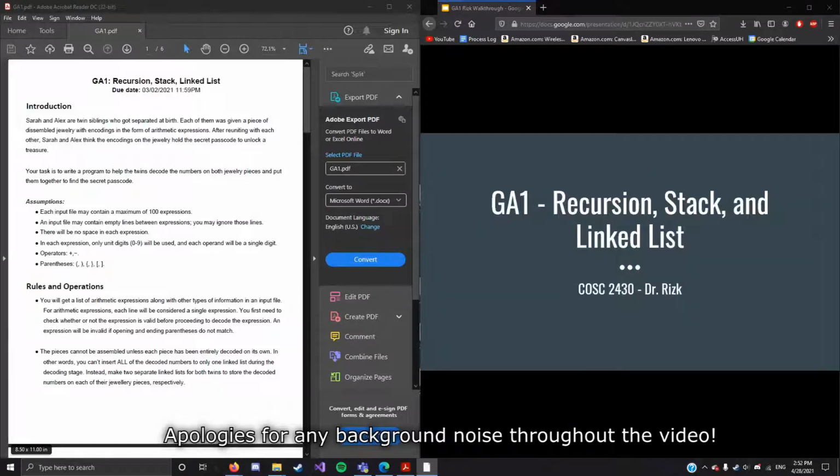So in this video, we are going to go over group assignment 1 that details recursion, stacks, and linked lists for Dr. Rizk's Computer Science 2430 class. On the left, you'll see the group assignment document, which is going to instruct us in what exactly we